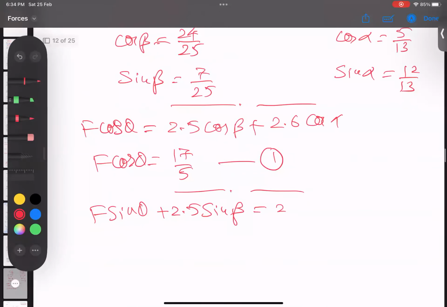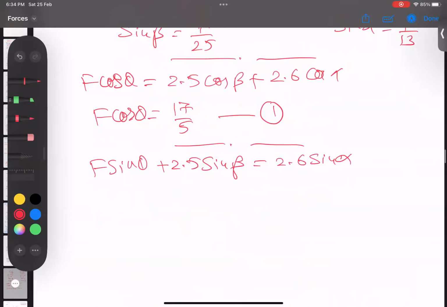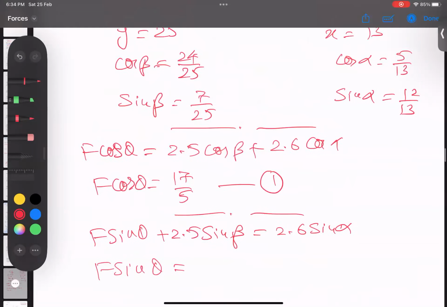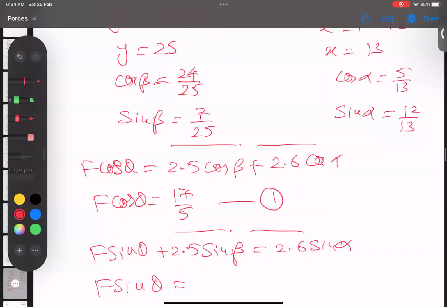So it equals 2.6 sin beta downwards, sin alpha, sorry. Okay, now I will bring this value here and make F sin theta the subject. At the same time, I'm replacing values. How am I replacing values? This value comes from here, and this value comes from here, and I do it directly. I save my time, so 2.6